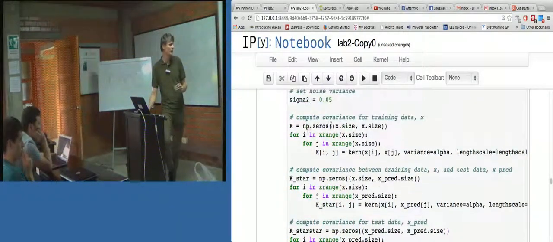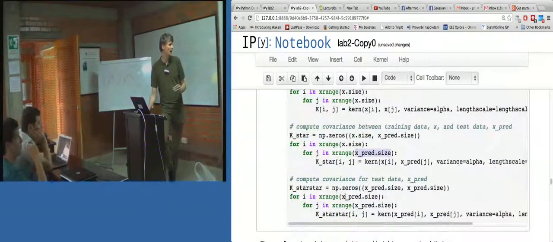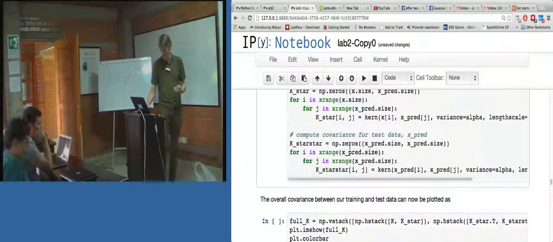So k is the training data covariance. K star is the covariance between the training data here and the test prediction data. And k star star is the covariance between the test data and itself. So we're just putting it in these matrices. So running that,